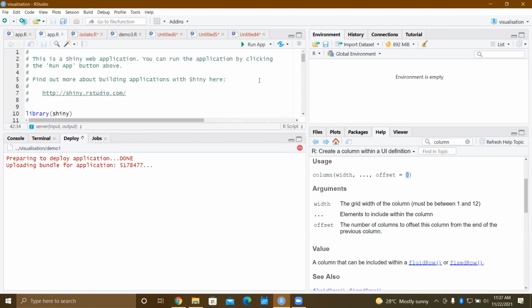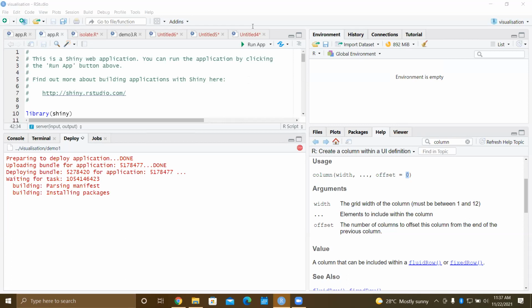I mean, repeat any step? Done. Got it. Yeah, deploy is running.